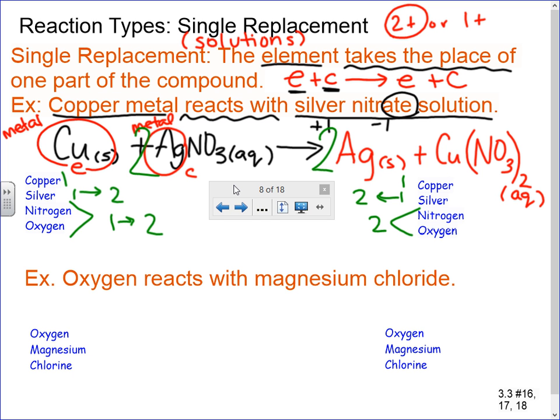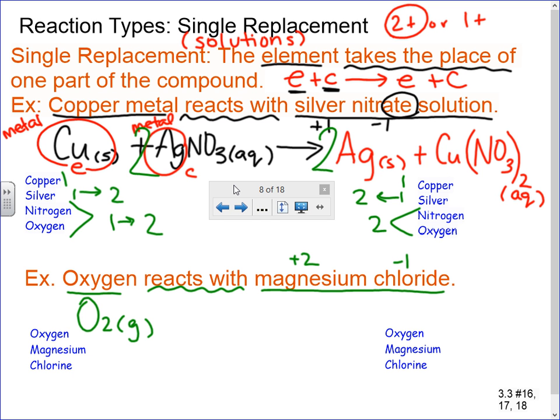So then my second example is to show you what happens when the element is a nonmetal instead of a metal. So it's the same kind of reaction, but it'll be a slightly different scenario. In the second reaction, oxygen reacts with magnesium chloride. So our first step will be to write out the formulas for oxygen and magnesium chloride. Oxygen, we know from previous lessons, is O2, and it's a gas. Magnesium chloride. Well,